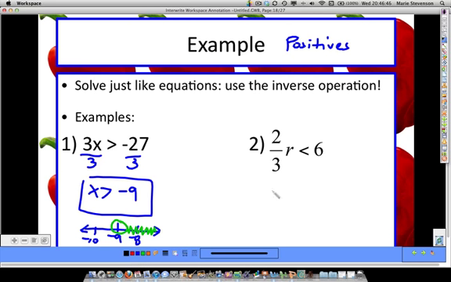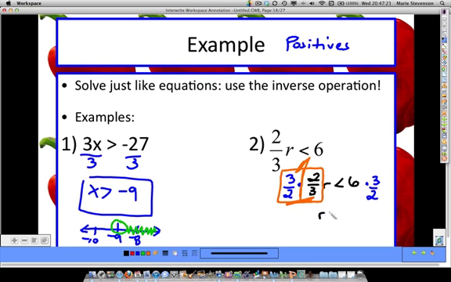Okay, the second one with the fraction. Now, this one, I'm going to show you something. Okay. When you have a fraction that is your coefficient, now I told you this last week, you're going to multiply by its reciprocal on both sides. Okay, and the reason we do that is what do we get right here? We get 6 over 6, which is really 1. Remember I showed you this? This is that really big 1. So really what we have